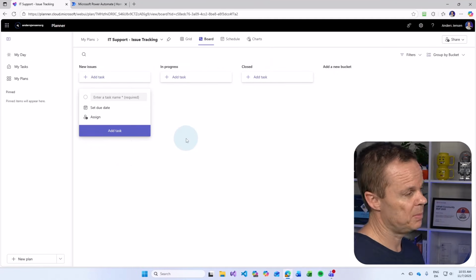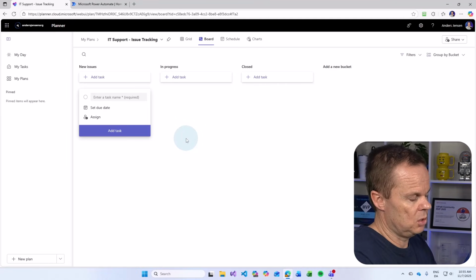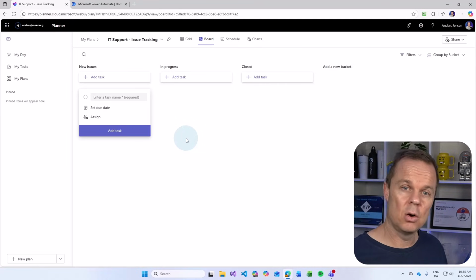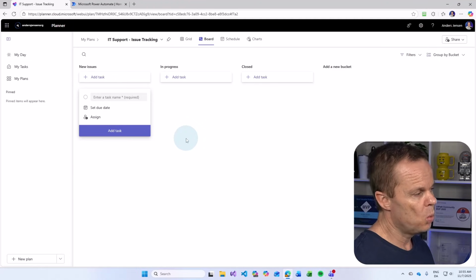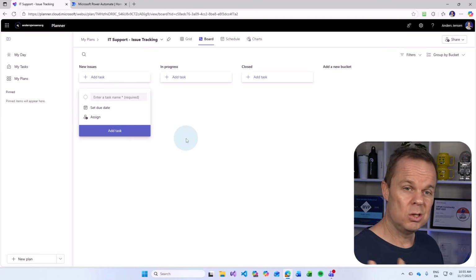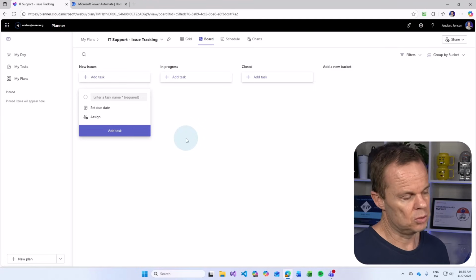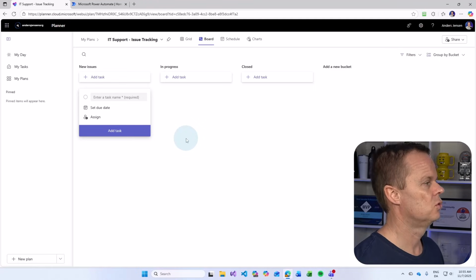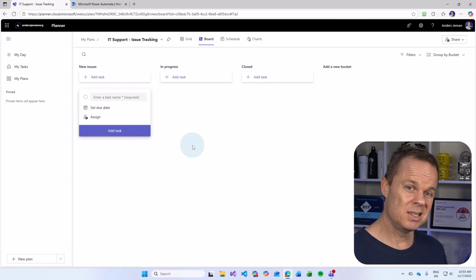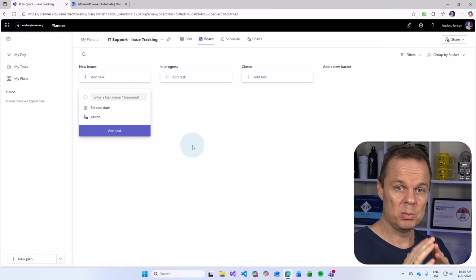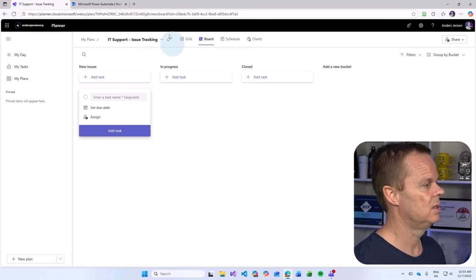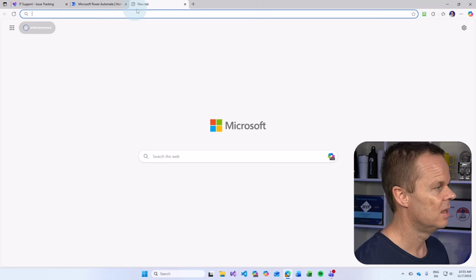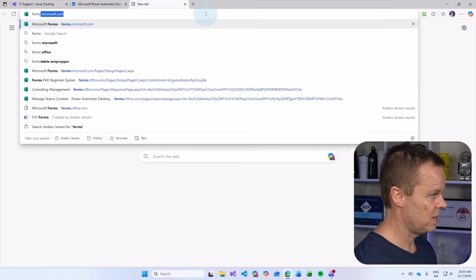And let's talk a little bit about how we can get issues, tasks, in here automatically in a Microsoft Planner bucket. Well, that is easy. We can use, for example, Forms. We could also use email. But today we will use Forms because then we can send a link to that form, the same link to our colleagues. So whenever they have an issue, they can report that and they will end up here. Let's open up a new browser tab and go to